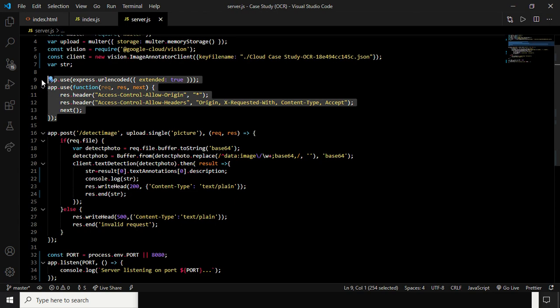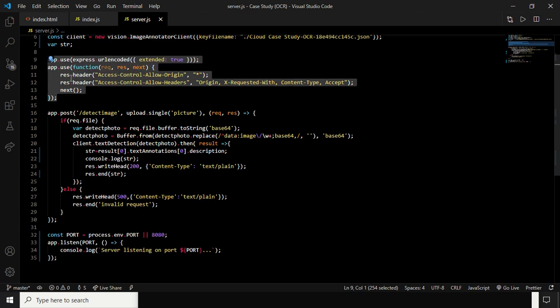In this part of the code I am setting the header values, since the backend part of the code is running in a separate instance, I have to allow the cross origin request.